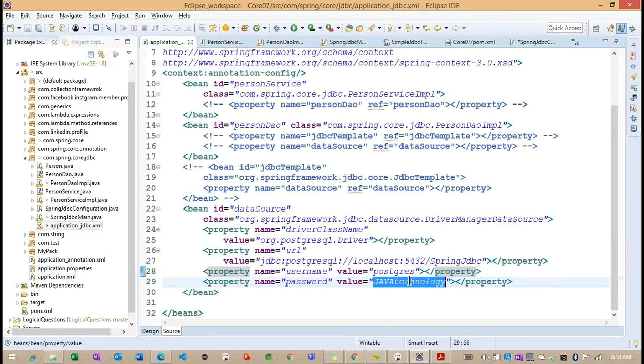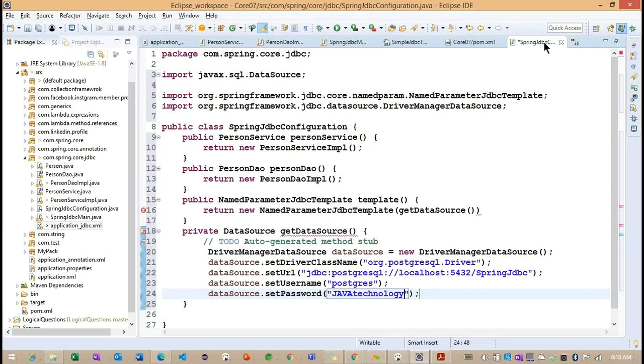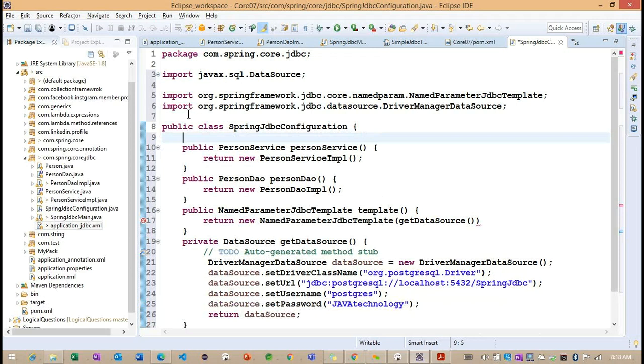The password here is the password for our Postgres database. So this is the way we can create our DriverManagerDataSource, and return the data source object.